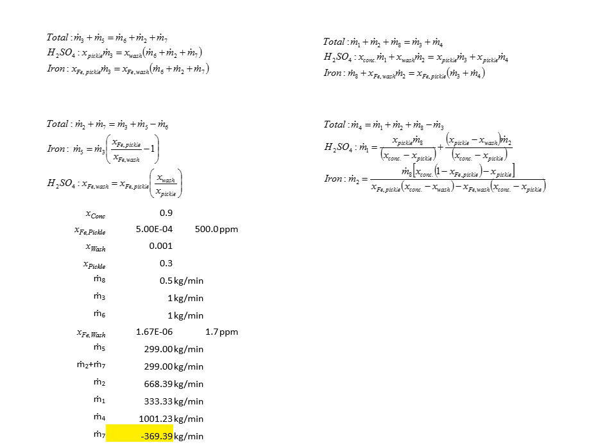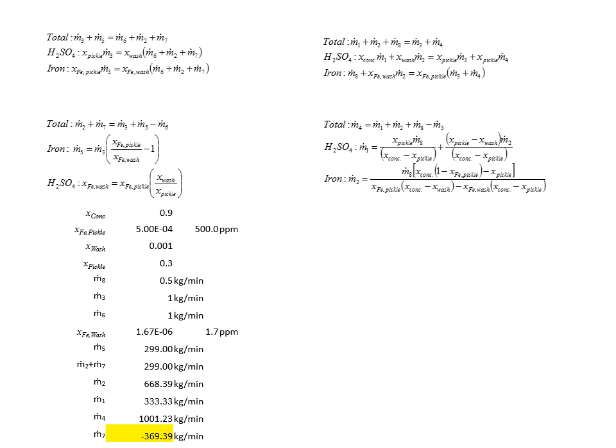And that will also be the sum of the mass flow rate of stream 2 and stream 7. I can then determine what the mass flow rate of stream 2 is, and it turns out to be 668.39 kilograms per minute. Back substitute that in for the mass flow rate of stream 1, we get 333 kilograms per minute. Then stream 4 would total